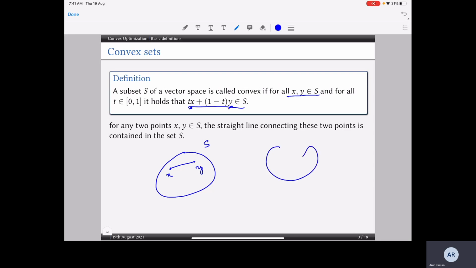So this is an example of a set that is not convex. If we take 2 points x and y here, and join these 2 points by a straight line, there are so many points that do not belong to this set. It is important to know that the property, that the line joining the 2 points should lie in the set, must be true for all points x and y, because here we will have some points x1 and y1 which satisfy this property, but we want this property to be true for all points x and y. Okay.